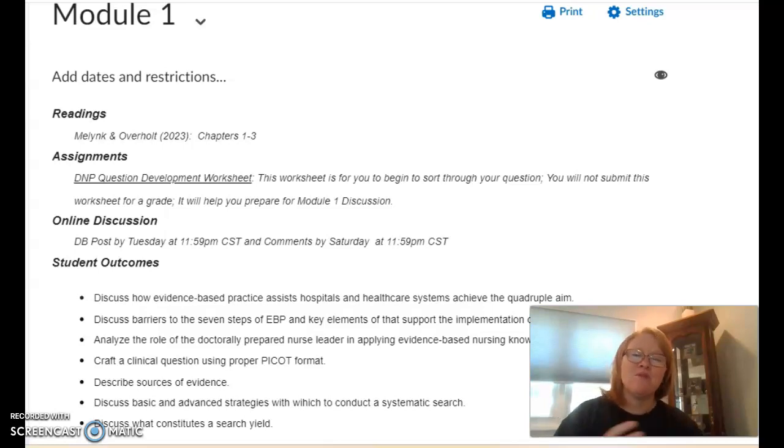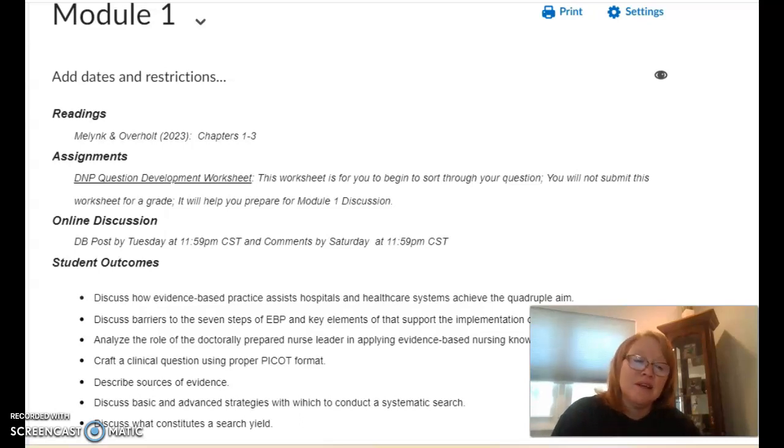And so, remember, it is that external evidence that is generated through rigorous research. So consider both internal and external evidence as the driving forces behind the development and implementation of your project. I believe when we look at chapter 1, it's also important for you to fully understand that